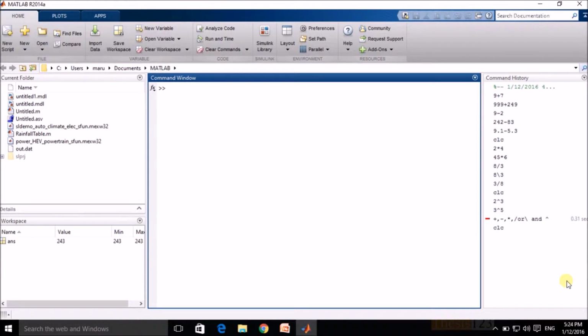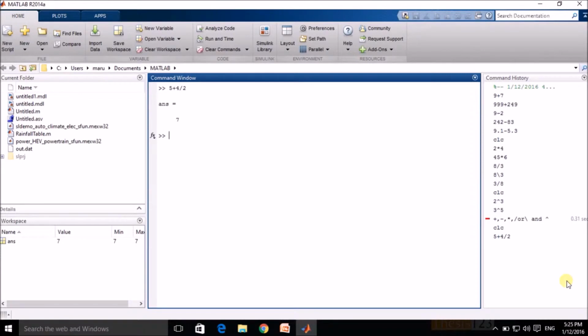Within the command window, mathematical expressions can be written based upon our requirement. Now I will show you. Previously we just did operations based upon scalar operators. Now I will show you the execution of mathematical expressions at the command window or command prompt. For example, 5 plus 4 by 2, we get the answer 7. This is the normal operation which we did previously.